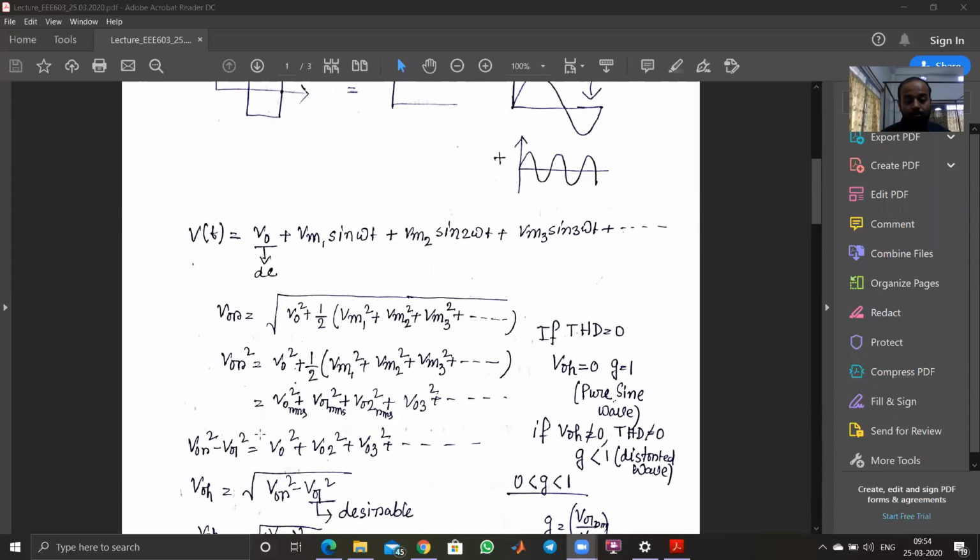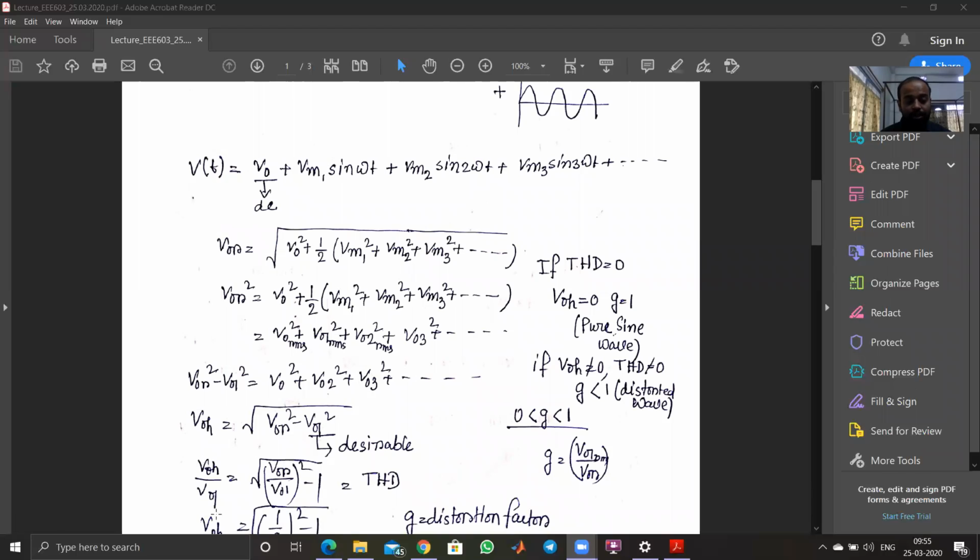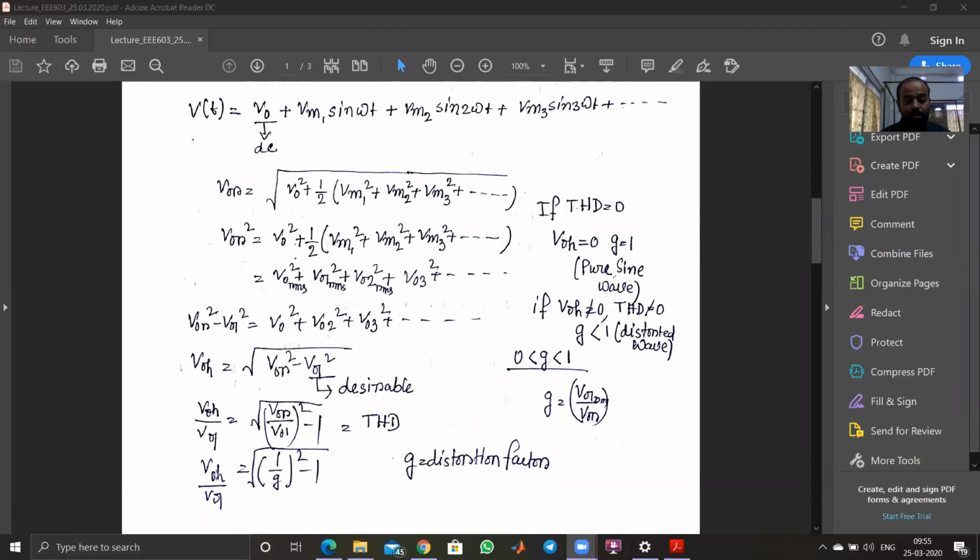And then, this is the total RMS value of the waveform, and this is the fundamental RMS value. So the harmonics will be equal to V0 RMS square minus the fundamental RMS square. So this part is desirable, and the other part is undesirable. So if we take VOH by V01, this ratio is known as the total harmonic distortion,